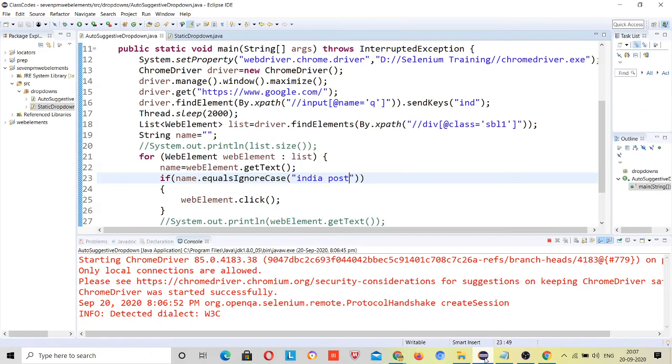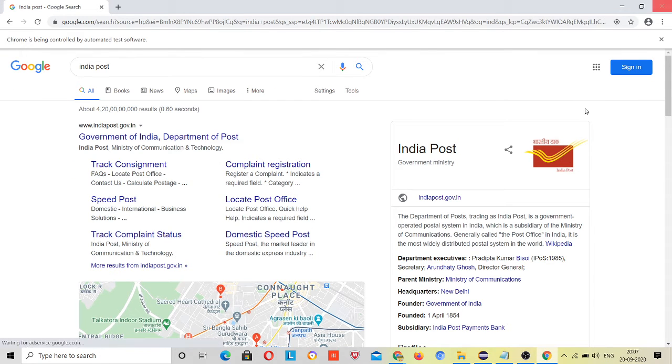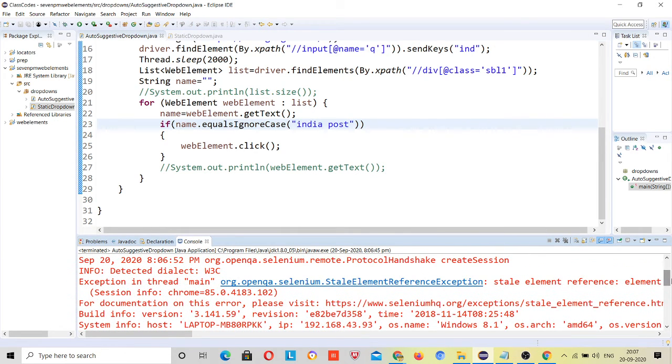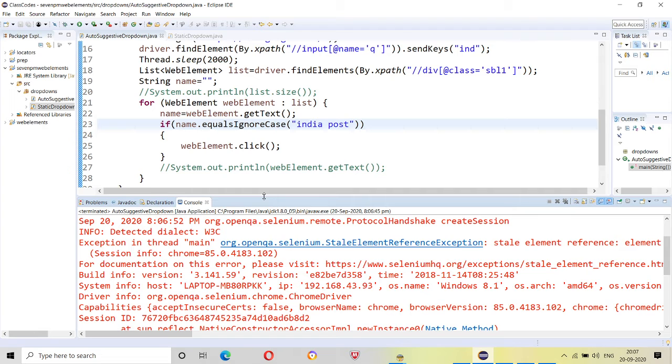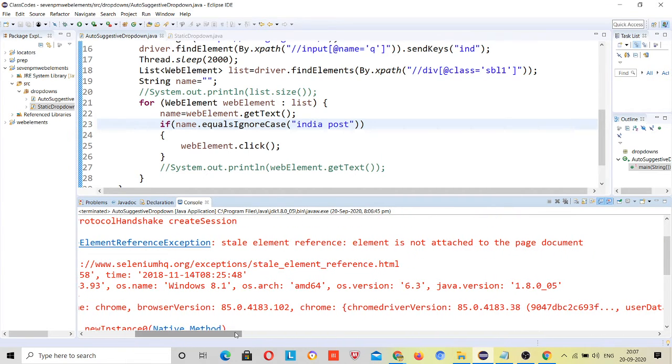But instantly you get an error after clicking on India Post. Let's wait for this time. Error comes. Yeah, it's completed. Now the error should come. Okay, what is this error? Thank God it came, otherwise I forgot to explain it. I need only one single statement to use and the error will be gone. Can anybody tell what the error is? This is StaleElementReferenceException: element is not attached to the page document.